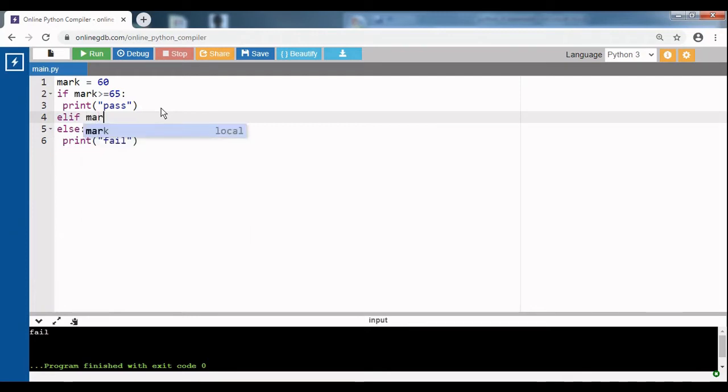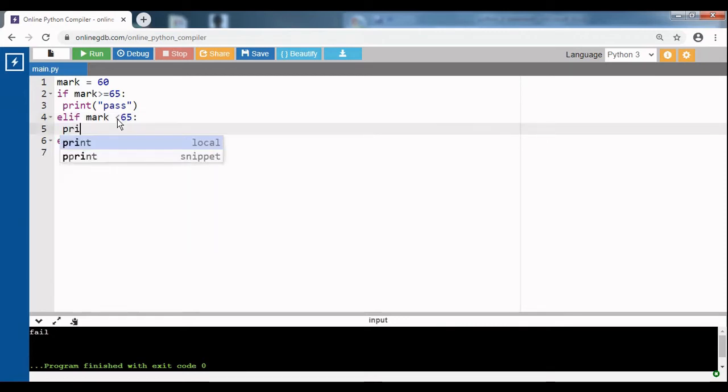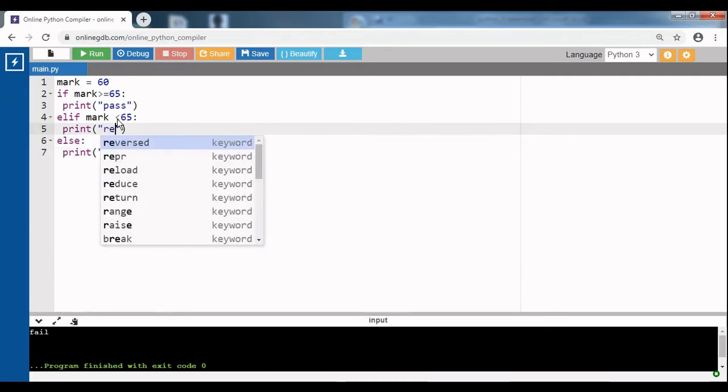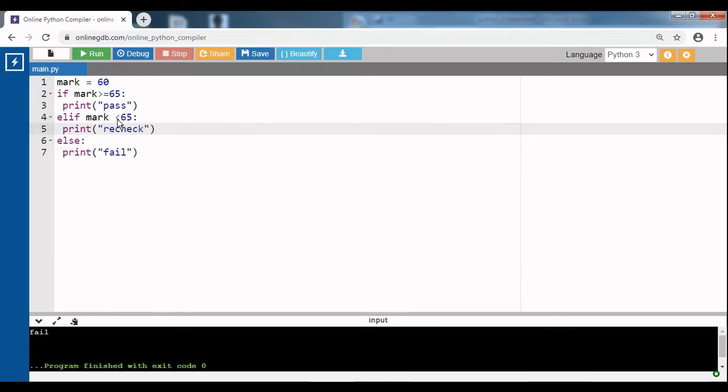I can check if mark is less than 65, I can display print recheck. Let me just recheck.